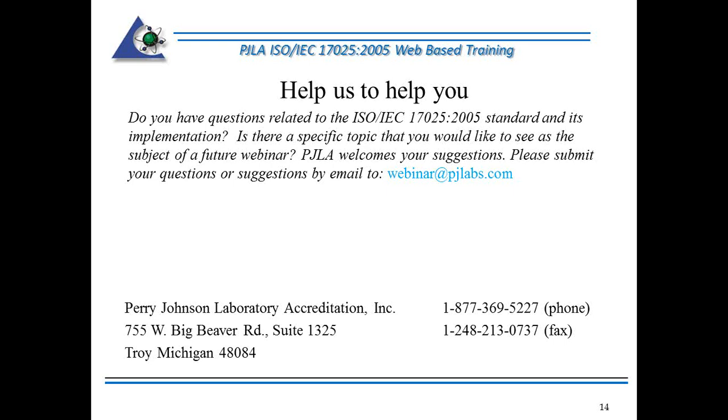Traceability, if you look at the NIST website, and you can find the link to this on the PGLA website, NIST defines 6 specific steps that have to be satisfied in order to support a claim of traceability. When traceability in that traditional sense is not possible, if it simply isn't available, but it's possible to get it, that's one thing. But if it isn't available because it isn't possible to obtain it by conventional means, then there are provisions in the standard under Section 5.6, measurement traceability, that traceability can be arrived at through comparison to